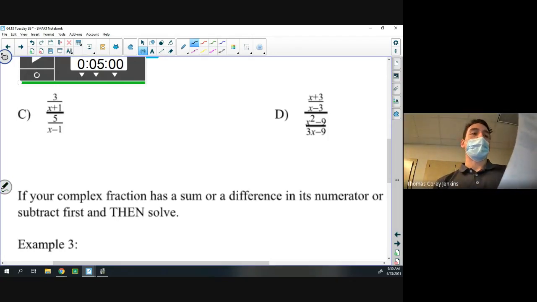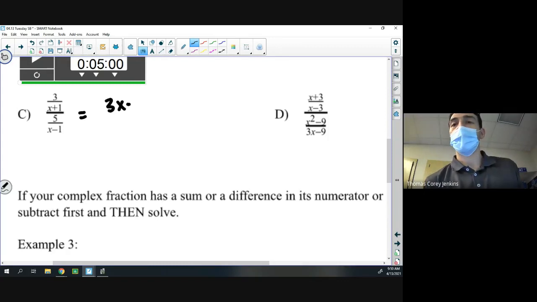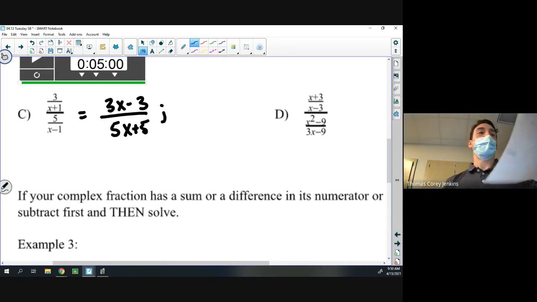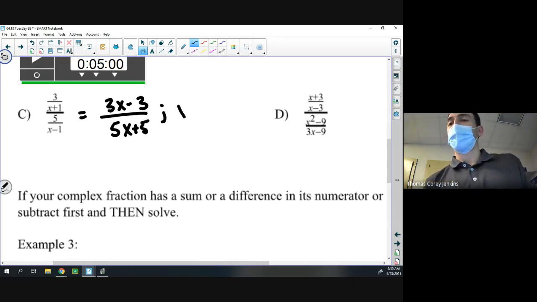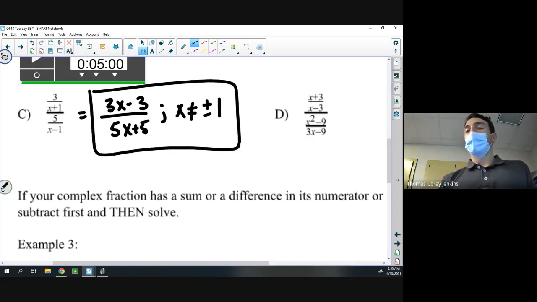That's it. 3x minus 3 over 5x plus 5. Good job. What about the restrictions? Did you come up with those, you think? Nailed it. Very good. X can't be positive or negative 1, or we could say plus or minus 1. That is the exact right answer. Very good. Okay. And then looking at D,